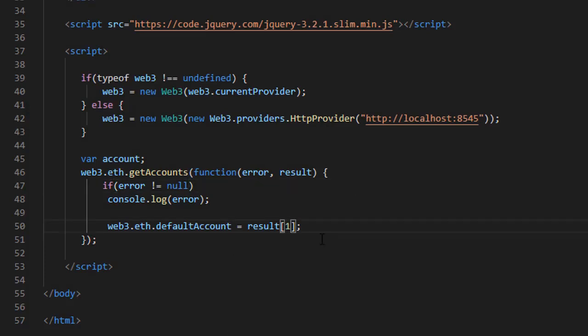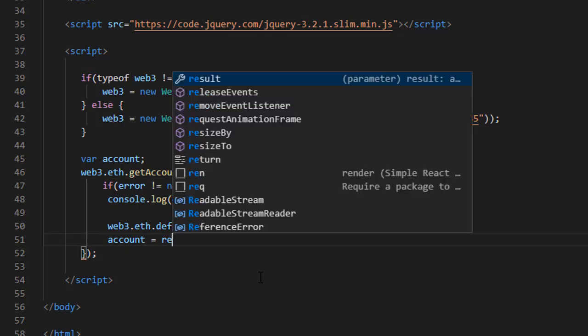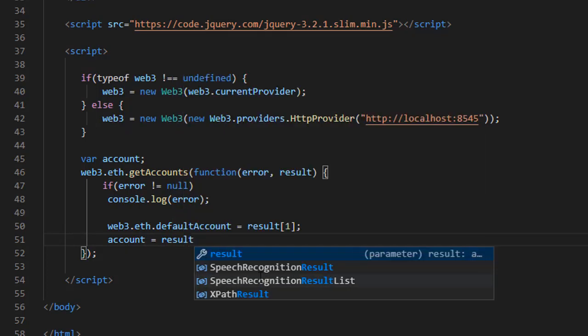By specifying 1 we are actually getting the first account, and next I will also save this result in this account variable so that we can use it when needed.